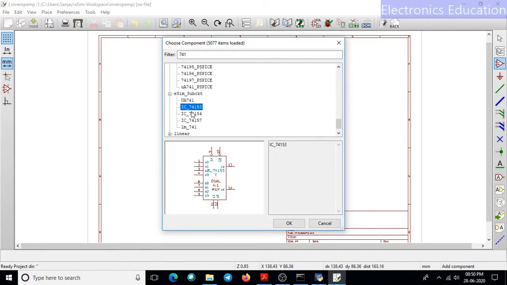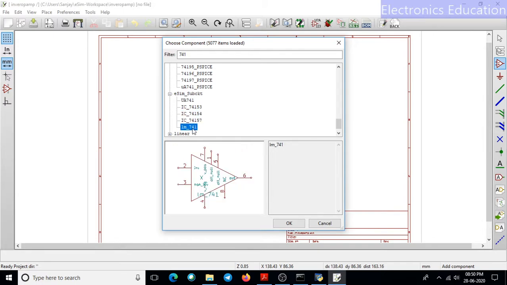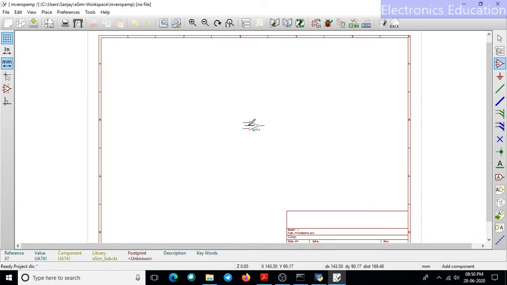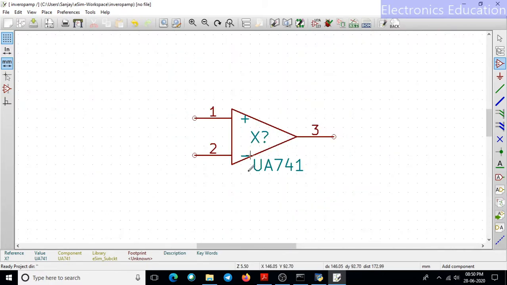There are other op-amp packages available, and this is the most commonly used op-amp package that we know, that is LM741. It has a different number of pins. So for simulation we will choose this package. We will place it by clicking OK. Now here I have an operational amplifier inserted.